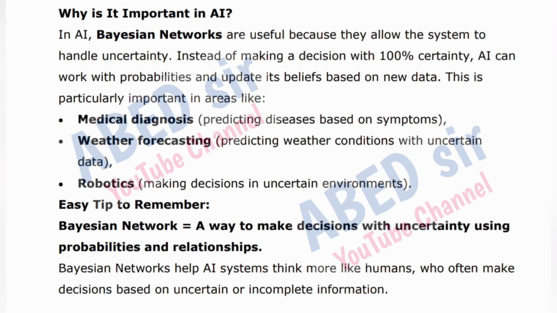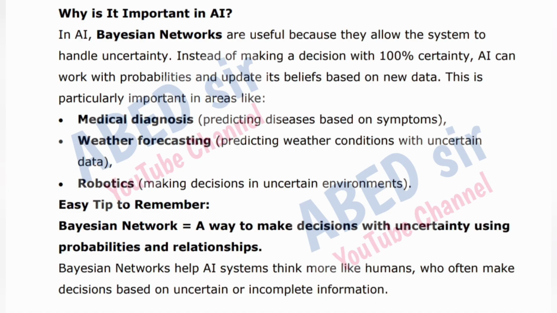Why is it important in AI? In AI, Bayesian networks are useful because they allow the system to handle uncertainty. Instead of making a decision with 100% certainty, AI can work with probabilities and update its beliefs based on new data. This is particularly important in areas like